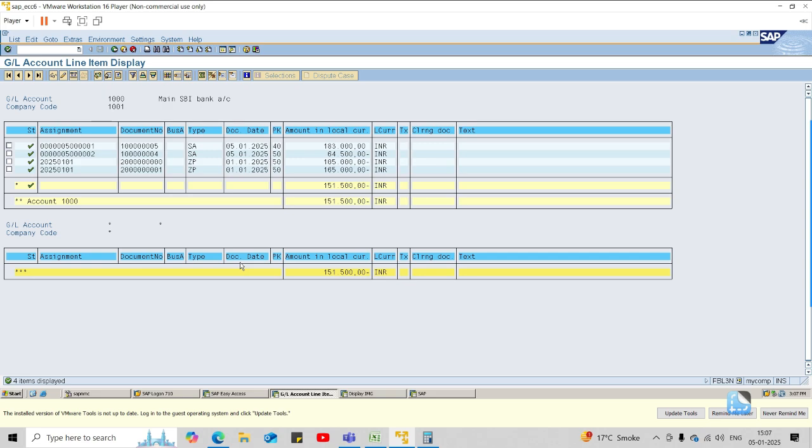FEBAN. This is the whole process of bank reconciliation statement, but in the end I am